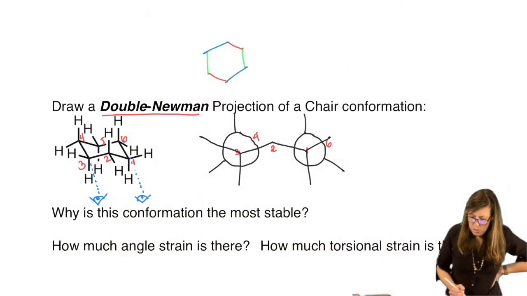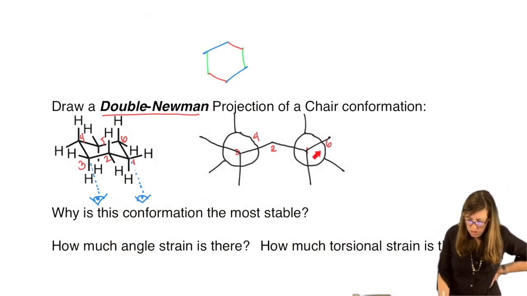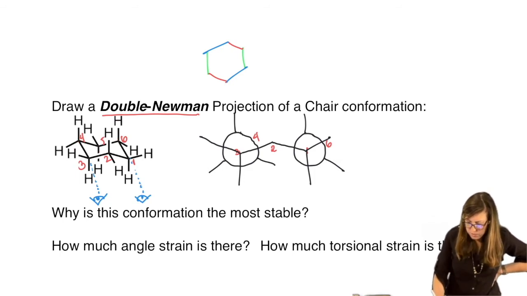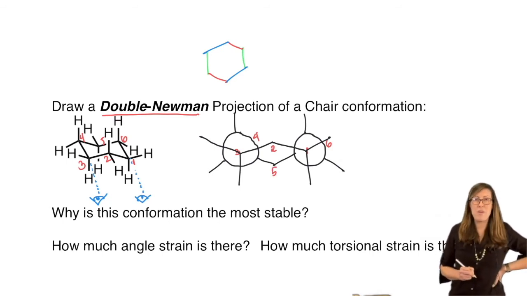Okay, now how do we do that middle one? We're missing a carbon, right? 1, 2, 3, 4, 6. 4 and 6 connect via carbon 5. Watch how I trace 4, 5, 6. Notice that I'm going down with that vertex. So I'm going to go down now. Aha, now I have 1, 2, 3, 4, 5, 6.